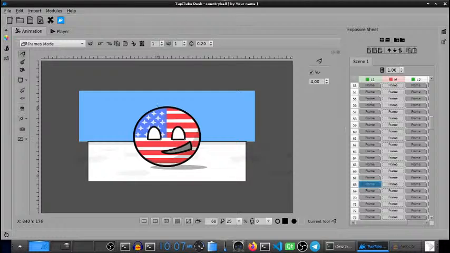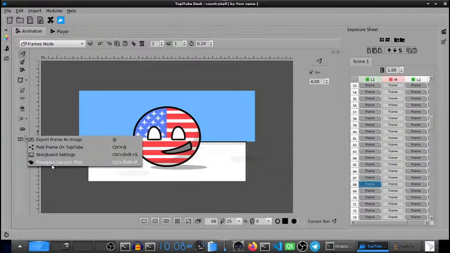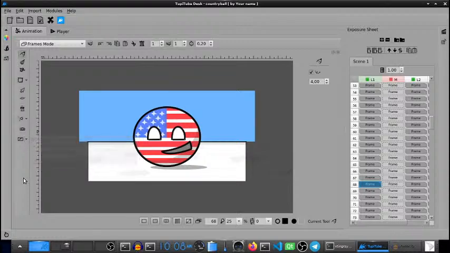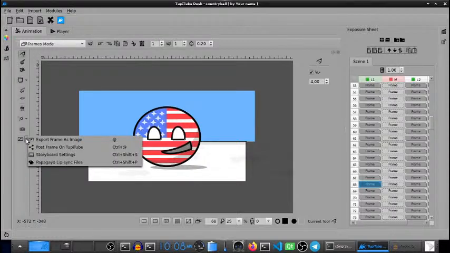Now let's study the basics of this technique using TupiTube. So what I'm going to do right now is to open the plugin of Papagayo lip sync that you can find right here in the last button of the tools of this tool menu.